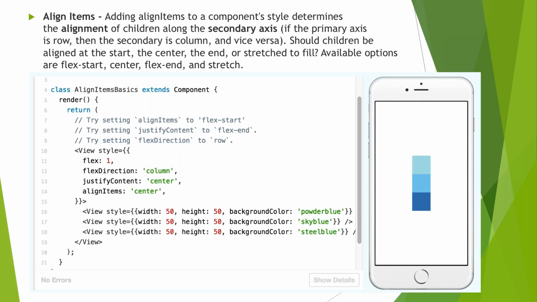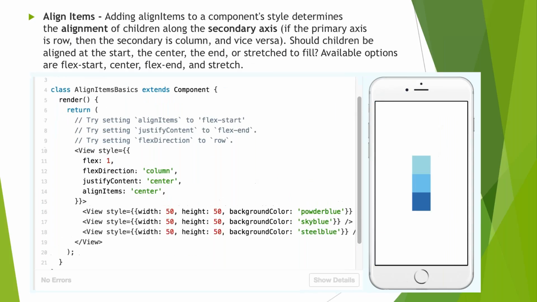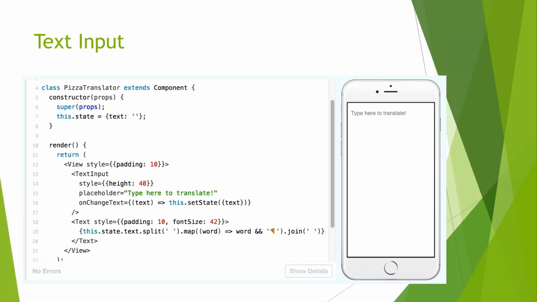Since justify content has brought it to center and align items has brought the entire thing to the center of the screen. Okay, so by tweaking these three properties, which are flex direction, justify content, and align items, you can create the most complicated layout that you want on your UI. Okay,